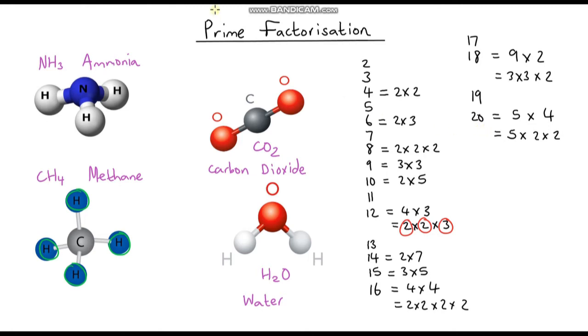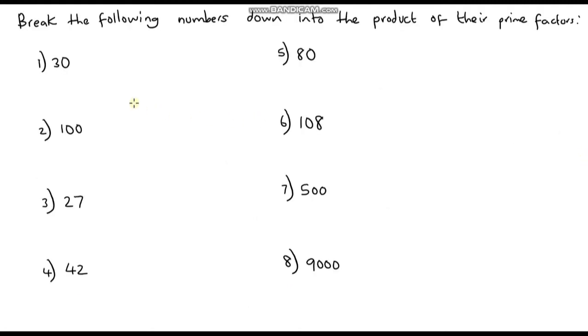And that is what we mean by prime factorisation. So now it's time for you to have a go at doing some yourself. There are 8 whole numbers here, and I'd like you to break them down into the product of their prime factors. Just like we did before, I'm going to break each of these numbers down so that the factors are